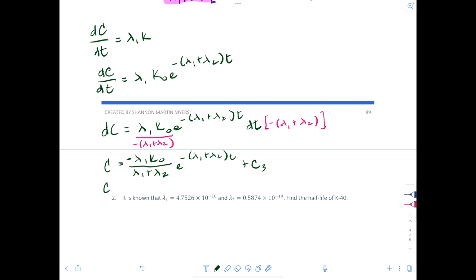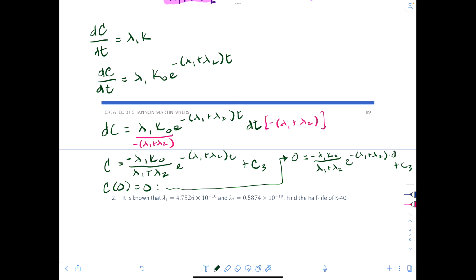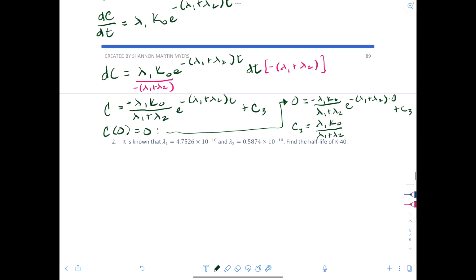And then using C at 0 equal to 0, we will have 0 is equal to negative lambda 1 times K0 over lambda 1 plus lambda 2 times e to the negative lambda 1 plus lambda 2 times 0 plus C3. And so you'll get a 1 for the exponential part. So C3 will be lambda 1 K0 over lambda 1 plus lambda 2, which gives us